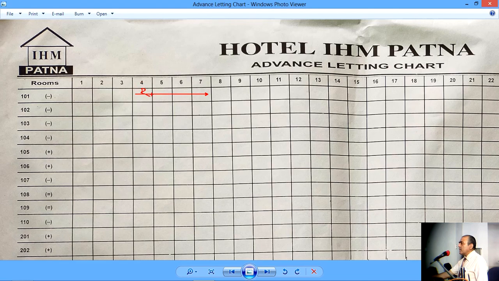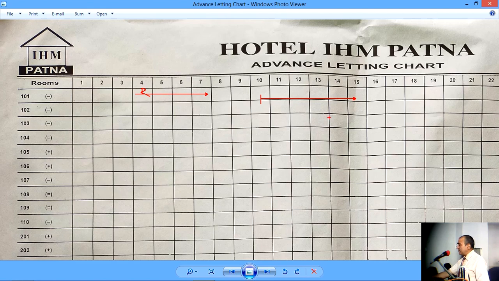I'm sorry, I cannot write it now because it's a bit cumbersome. Similarly, if there's another reservation on some other date, then we use another arrow like this. And we can also draw a small line here so that it's very clear that this reservation begins here and ends on this particular date with the arrow sign underneath.